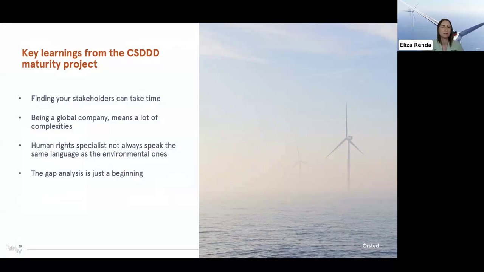Yes, thank you, Esben. And before I start, I also just wanted to mention that it's been great to have Nordic Sustainability as part of the journey. We had a lot of questions about the process or some of the things that needed to be further developed, and you've been really accommodating for that. So it's been really a pleasure to do the pilot with you. The key learnings maybe are not really groundbreaking, but I think they can also answer some of the questions that are posted in the Q&A.